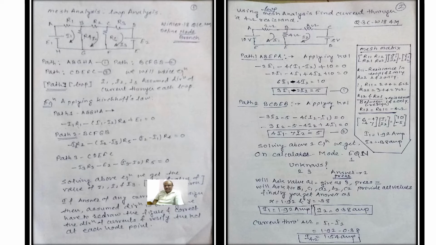Now, for IR drop, if we travel from A to B and the current also travels from A to B, in that case it is minus IR, a fall in potential. If we travel from A to B and the current travels from B to A, then it is called a rise in potential, considered as plus IR. Here, in this diagram, you can find the circuit diagram which includes some resistances and a battery source.